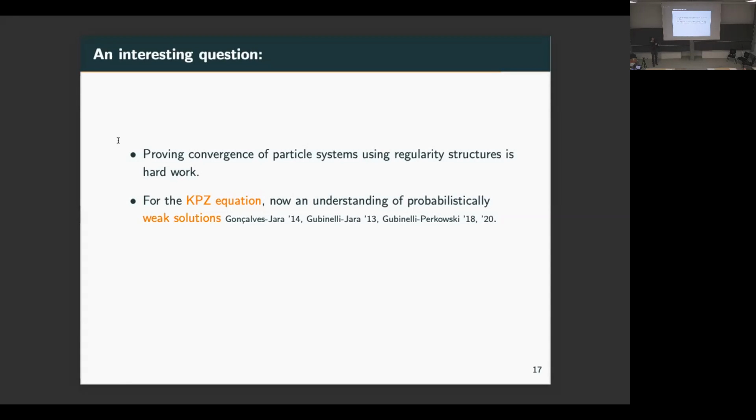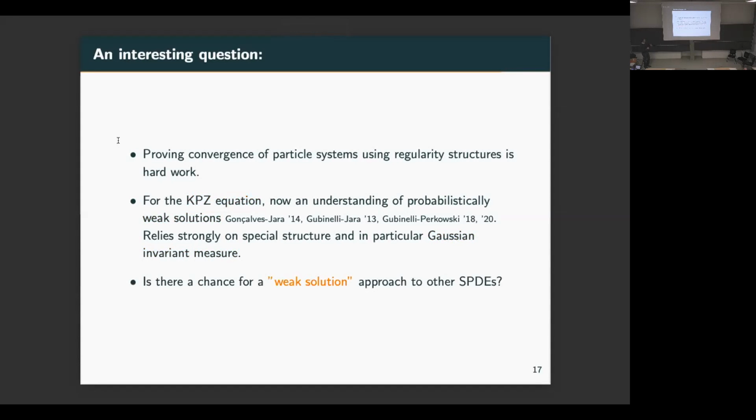So there's actually a whole string of papers that now prove that the KPZ equation is the limit of interacting particle systems. But this relies on a very specific feature of the KPZ equation, in particular that you have an explicit Gaussian invariant measure. And the question that I would like to put out there is: is there something similar for other SPDEs? Can you find a weaker characterization in order to not make us work so much when we want to look at these kinds of limits? Okay,